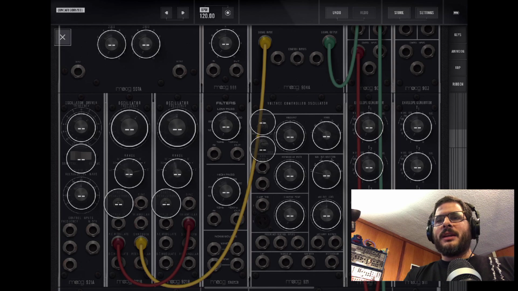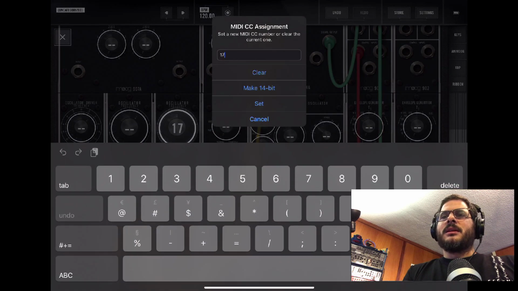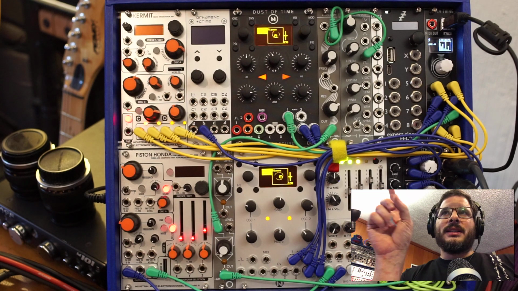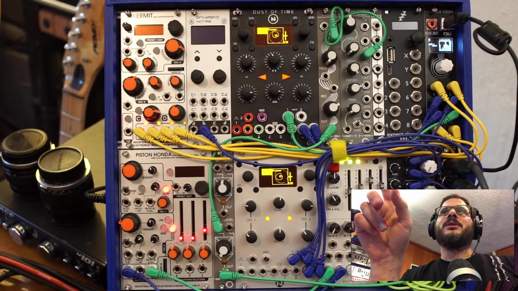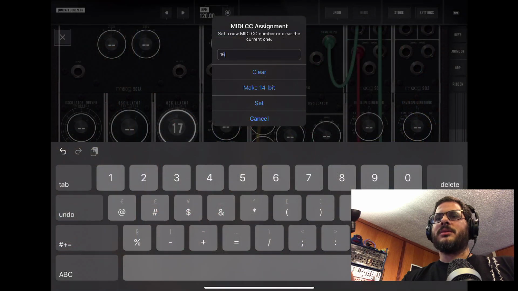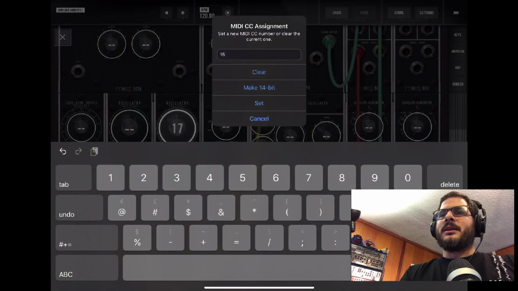But double tapping any of these opens up an assignment window, and I can choose. So why don't I choose that random voltage that's going into input 1 of the CV thing, and that's going to be 16. So I've mapped it to CC 16, 17, 18, 19, 20, 21, and then MIDI note and note on, note off. So I click on set here,